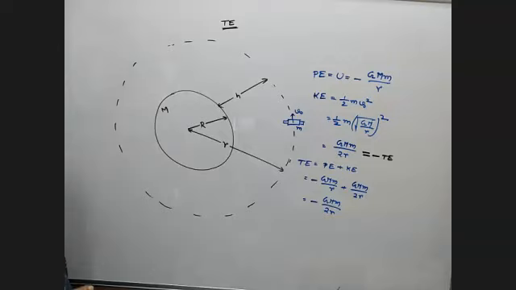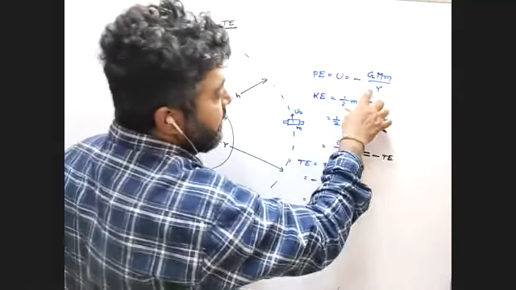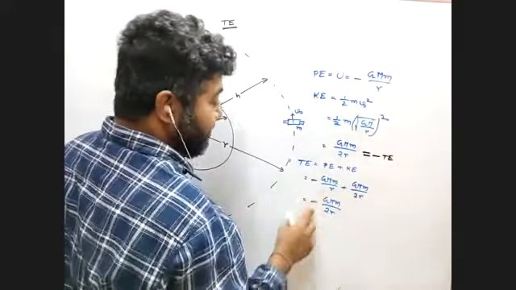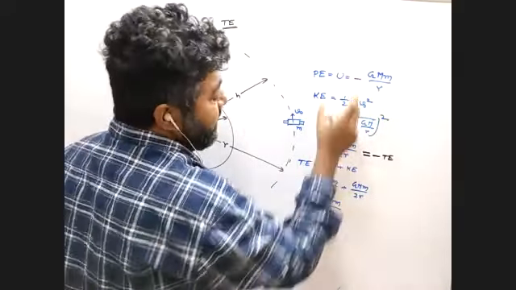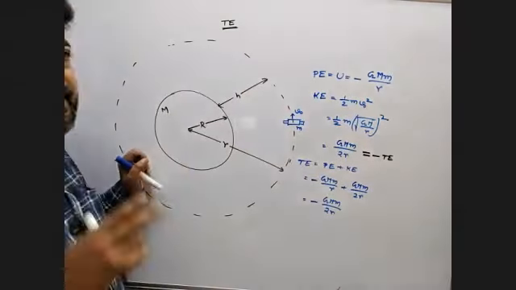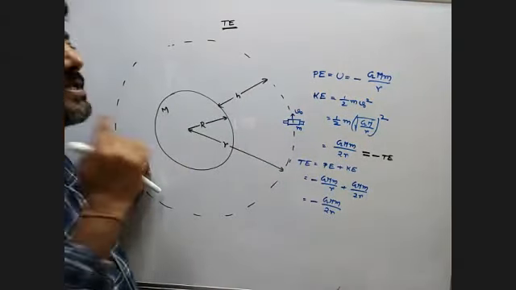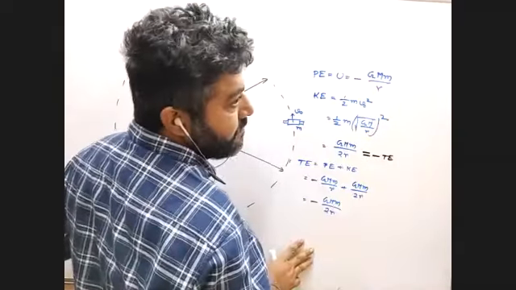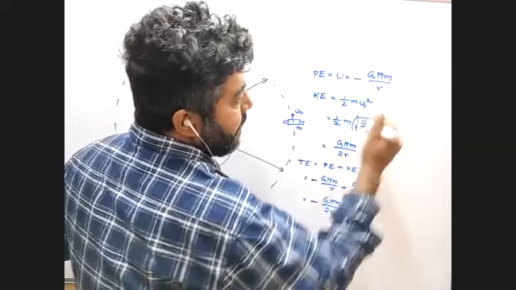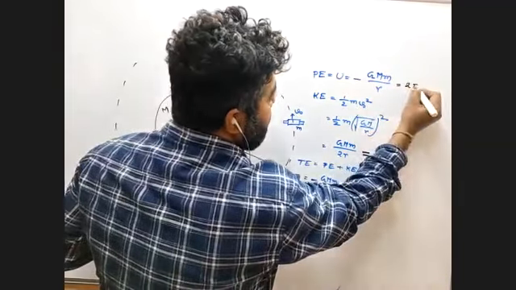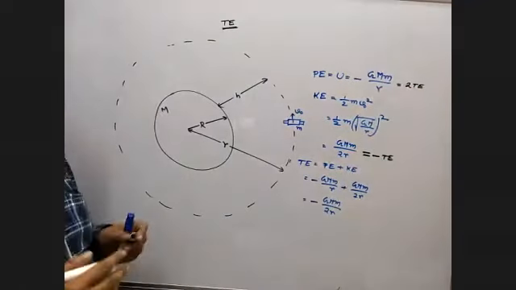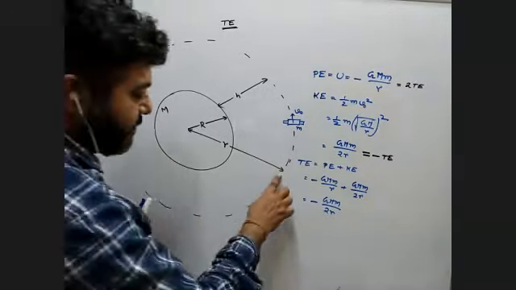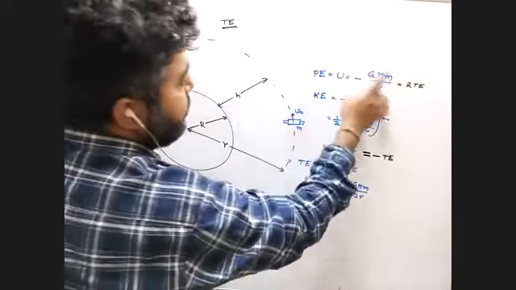Yes, sir. And potential energy, see here you have 1, here you have 2. That means potential energy and total energy are the same type, negative, but potential energy is double the total energy. See here you have 1, here you have 2. So this one is half, so this one is double. Double of the total energy is the potential energy. Is it clear? And all of them are inversely proportional to r.